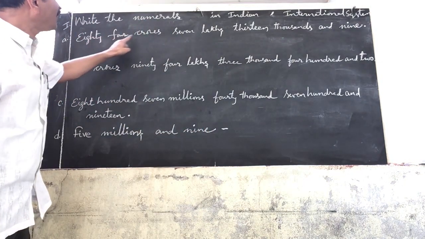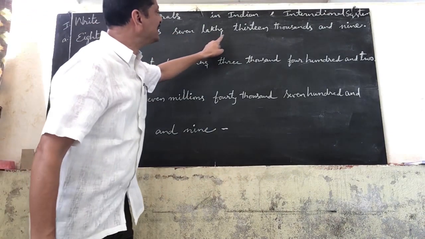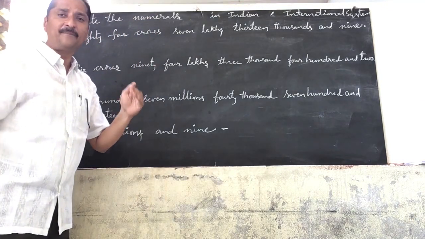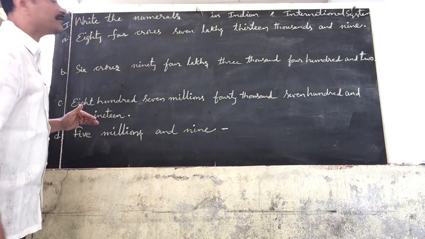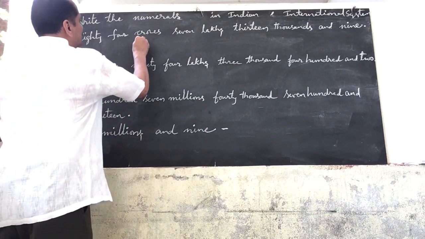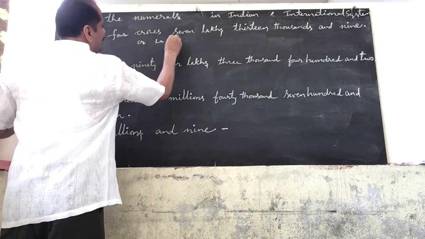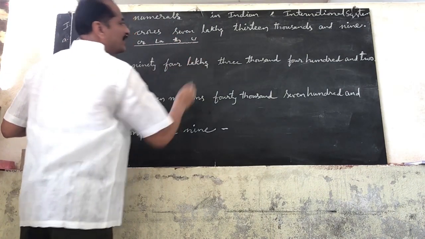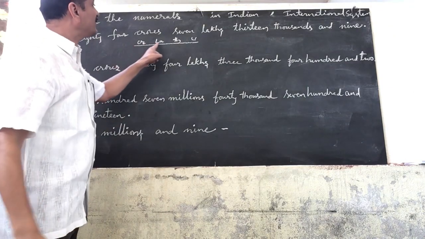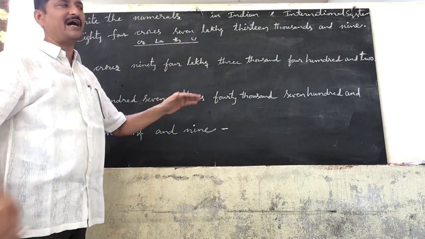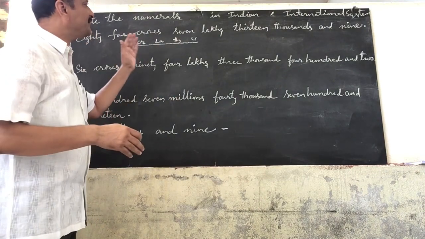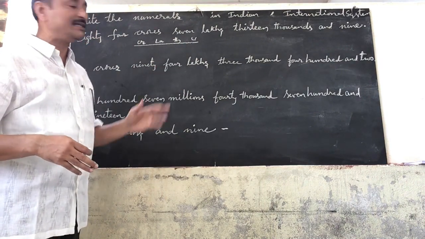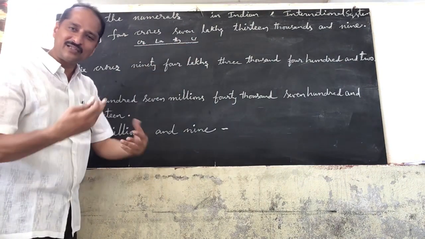For example, you see here: 84 crores, 7 lakhs, 13,000 and 9. We have to write down the numeral for this. First, from the crores period onwards: write crores period, next lower than crores, lakhs, next lower than lakhs, thousands, next lower than thousands, units. For remembrance, you can write down the periods like this for the first number only. Afterwards, by practicing, you can write the numeral without writing these periods.